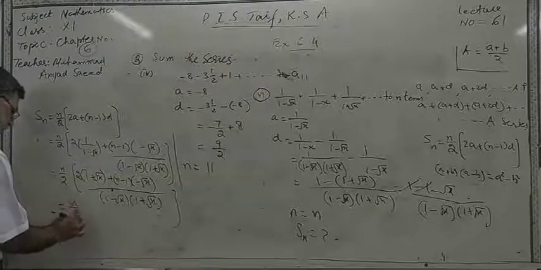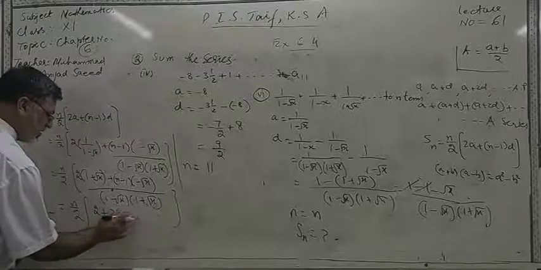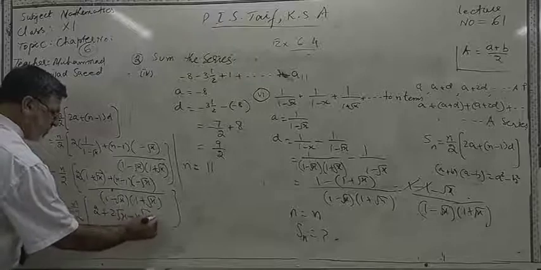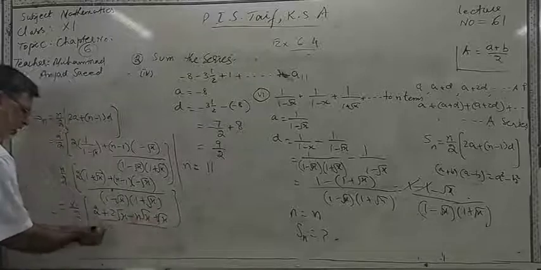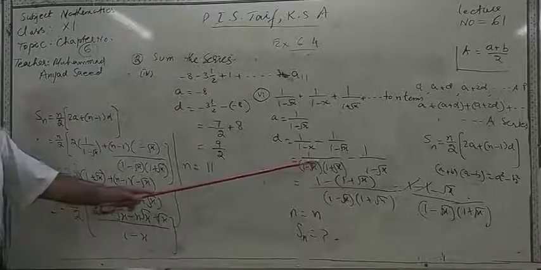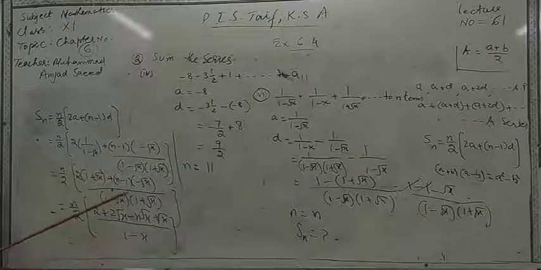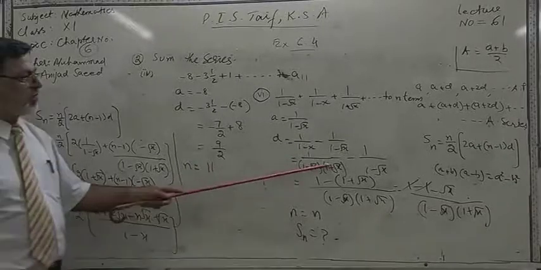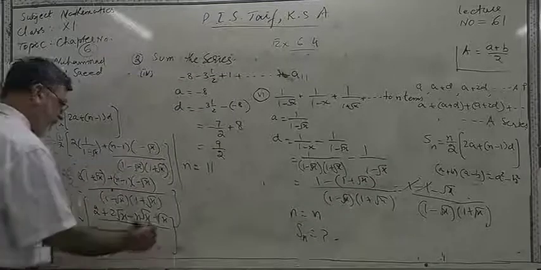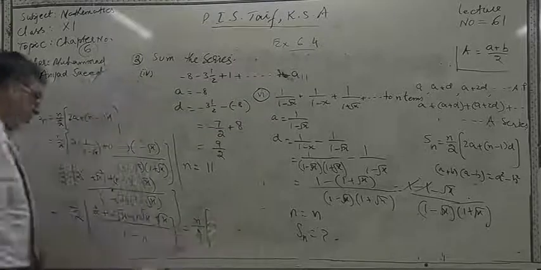Here we can have n over 2 into 2 plus 2 root of x minus n root of x plus root of x, all divided by 1 minus x. Remember that if you multiply them, you will get it again. At the end, we have applied these formulas, and we got that value. And here is n over 2 into,